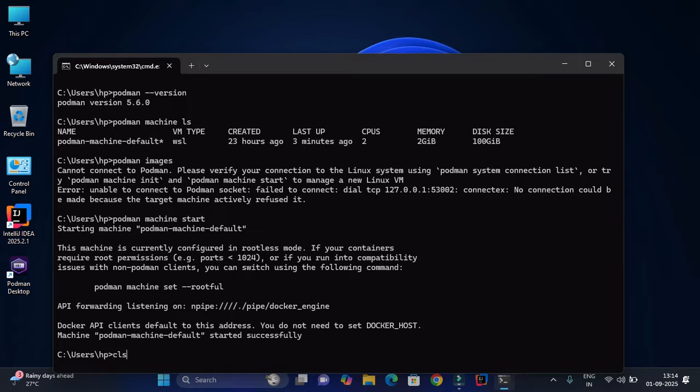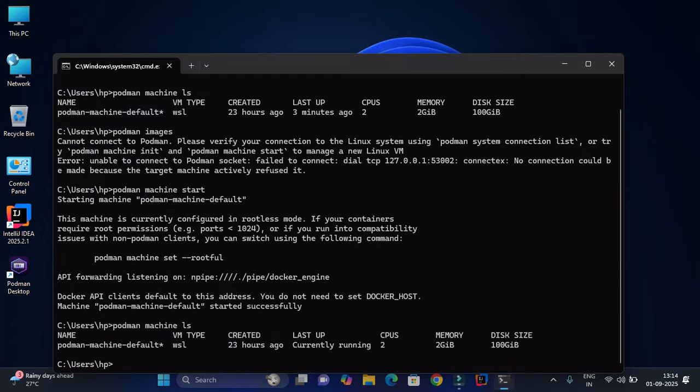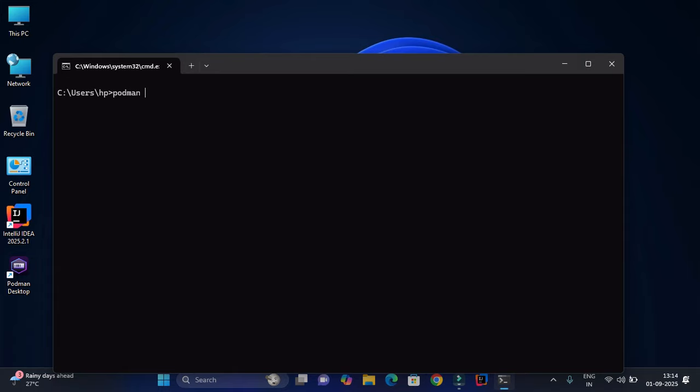If you want to see the running Podman machine information, you just need to write podman machine ls in here. Now you can see last up. In the last up, you can see the currently running status is showing. Previously, it was showing last up 3 minutes ago. Now our Podman machine is running, so we can check the